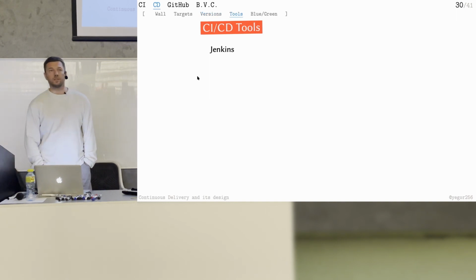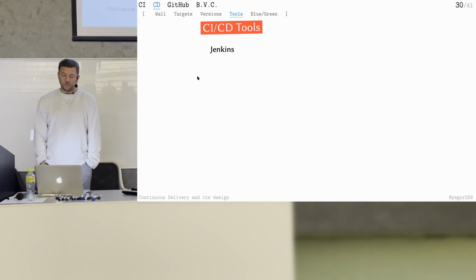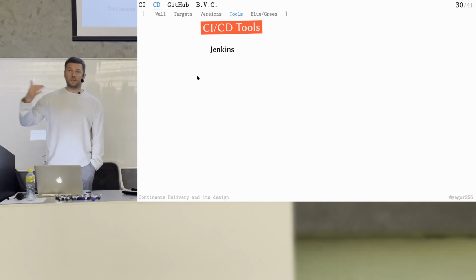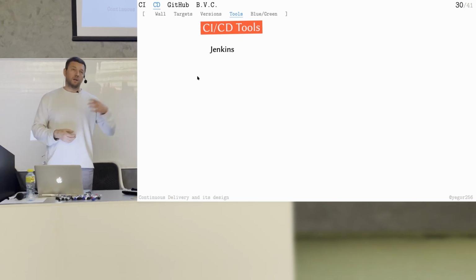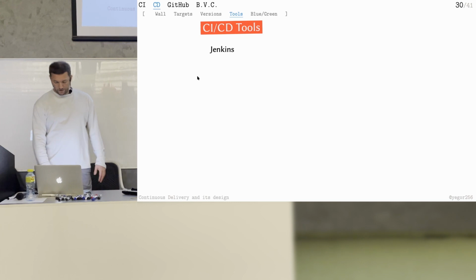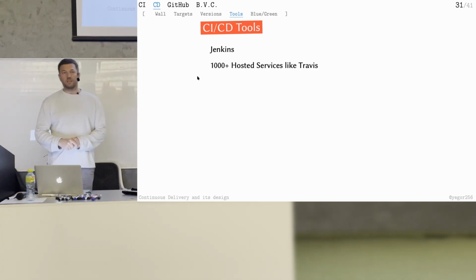So Jenkins is quite an old tool. Yeah, it's very popular in enterprise. It's large. It's very configurable. It's hosted. It is open source, so you can download it, install it on your server, and it will help you automate your continuous integration, continuous delivery. So this is the robot which will take your code from your Git repository, run the build script, and then make sure that all the reports are presented. That's probably it.